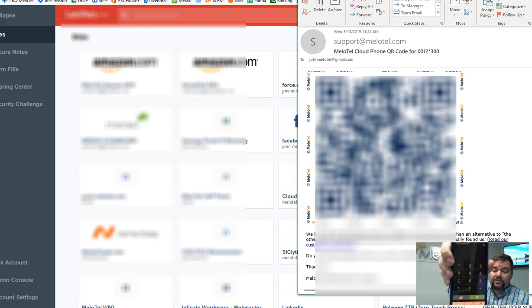Once the application is loaded, it looks just like your regular phone. You have your options for your history, any favorites that you set up, and also your contacts. It has the contacts in your device. So it works just like a regular phone. You can simply dial a telephone number and hit send, except in this scenario, we're using LTE or Wi-Fi to make and receive these phone calls. So again, this is a free application that's included with